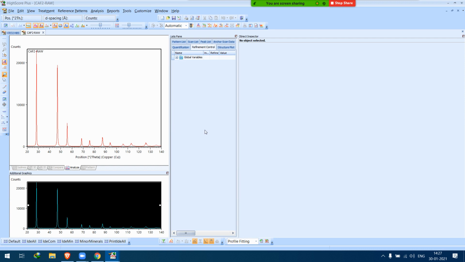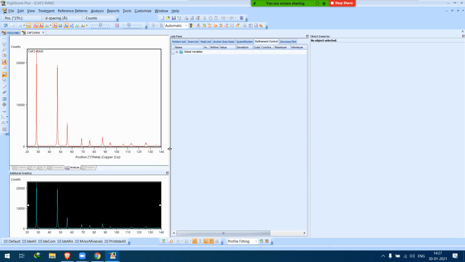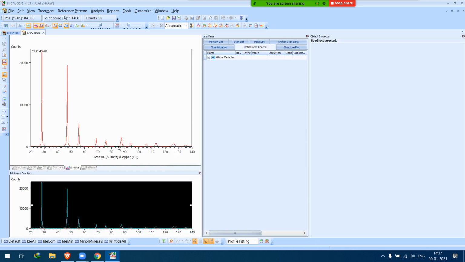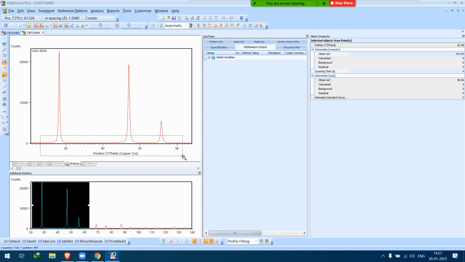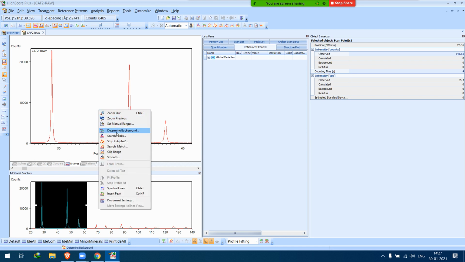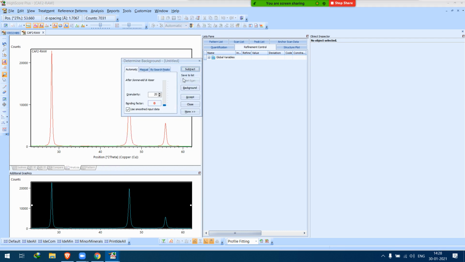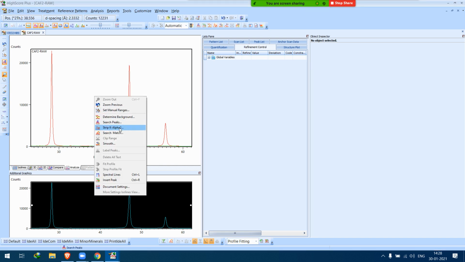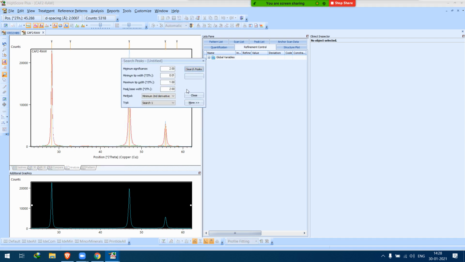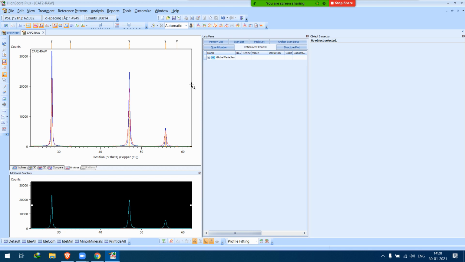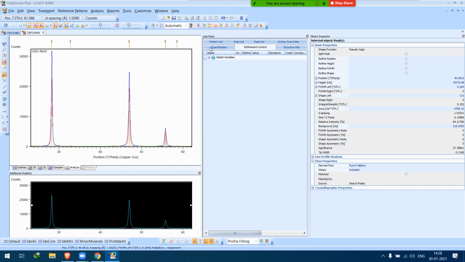Again, we'll clip the range, determine the background, accept it, search the peaks, accept it. Okay, now we'll do the refinement.